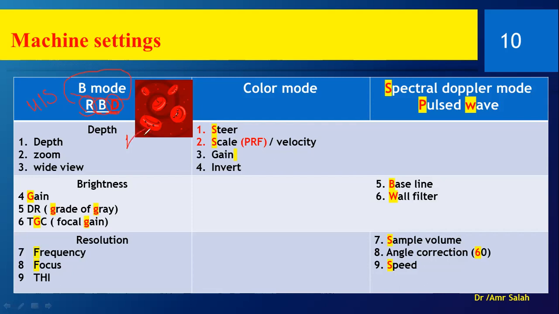And in the vessels runs the blood. And the main components of your blood are the RBCs. Now I'm substituting the C for D for Doppler. This will give us the RBD. Now the R is the resolution, the B is the brightness, and the D is the depth. In every one of these 3 points, we have another 3 points, so that will give us 3 by 3. Easy to remember. Now, let's see what are these 9 points. Let's go.